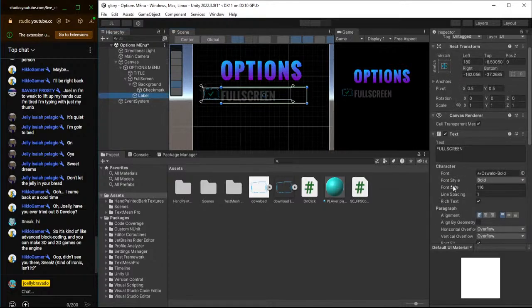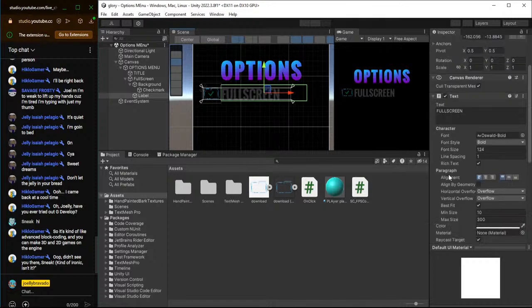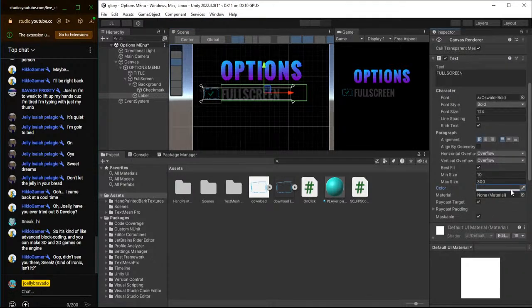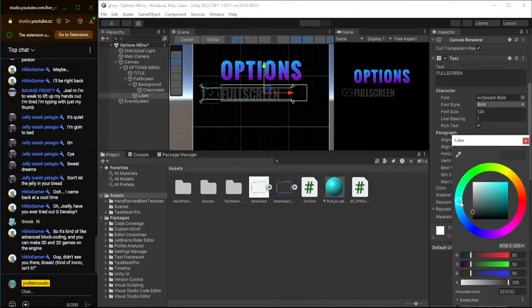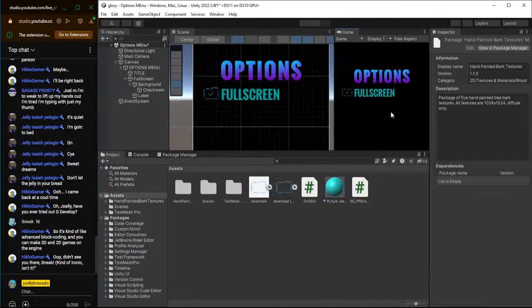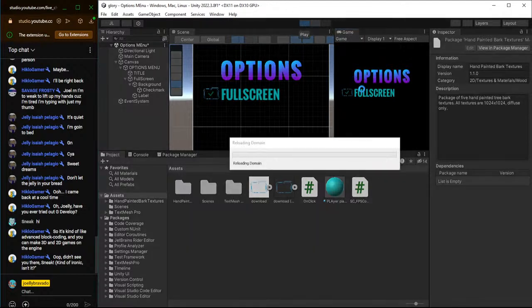Label. Font size big. Okay. Where is the color? Color. Can you not? Dang. That doesn't look great. Let's make it darker. Okay. Now, if we play,